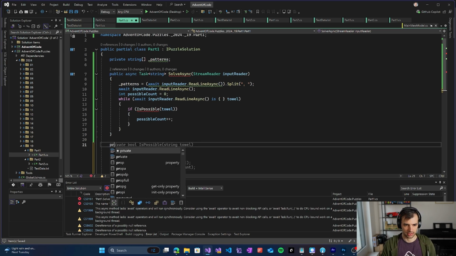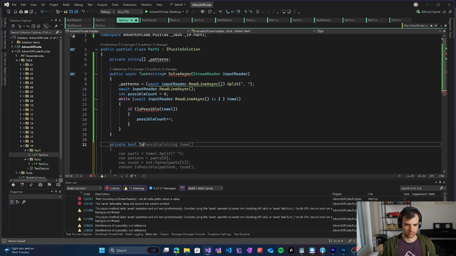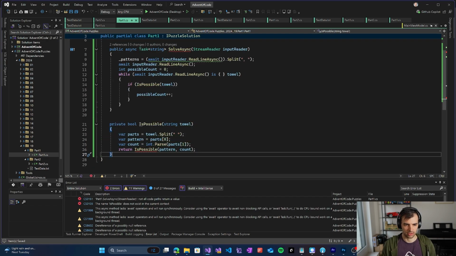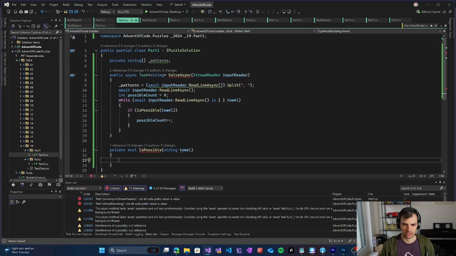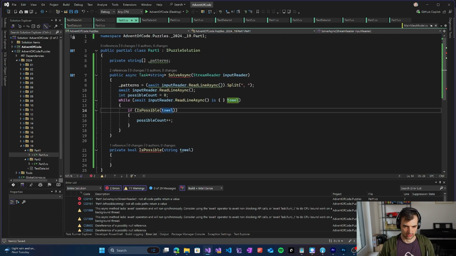So private bool is possible, string towel, and we need to figure out if we can build it up somehow. So one option would be to go through all the possible starts and then try the next ones and next ones and so on. So that would be a recursive solution. So yes, I guess that's what we can also do actually. So we can do something like